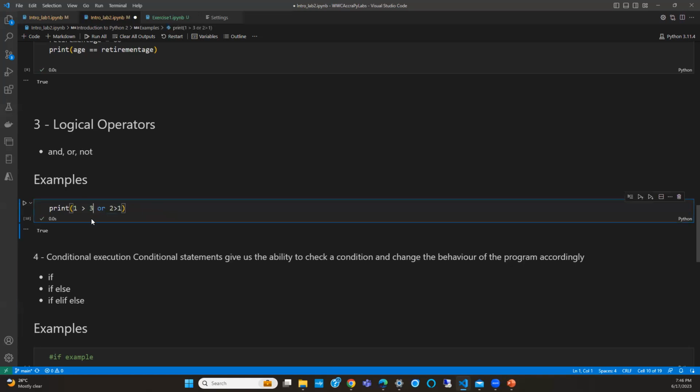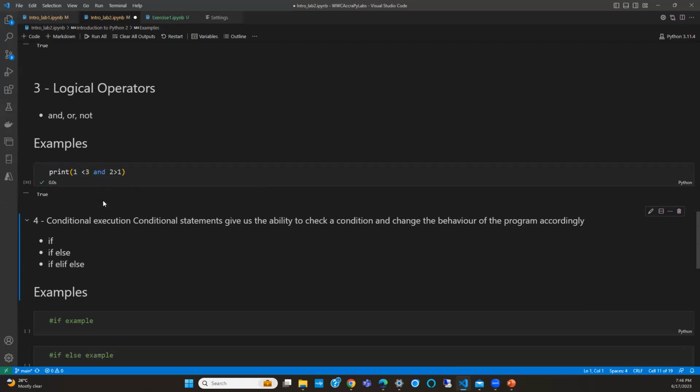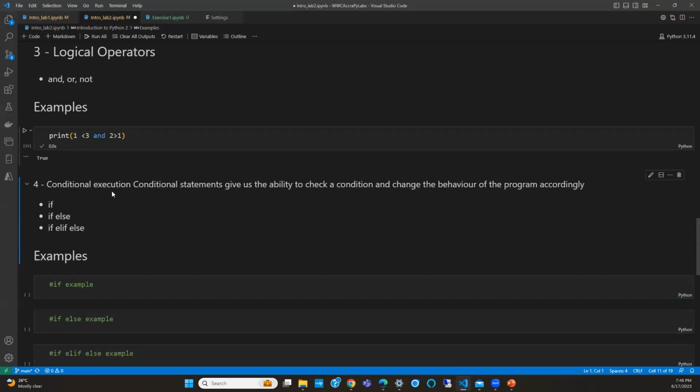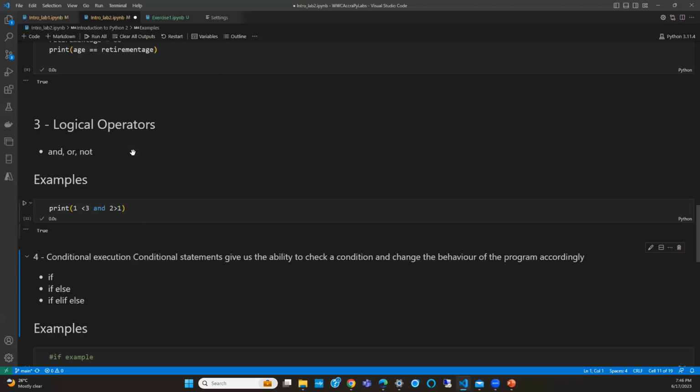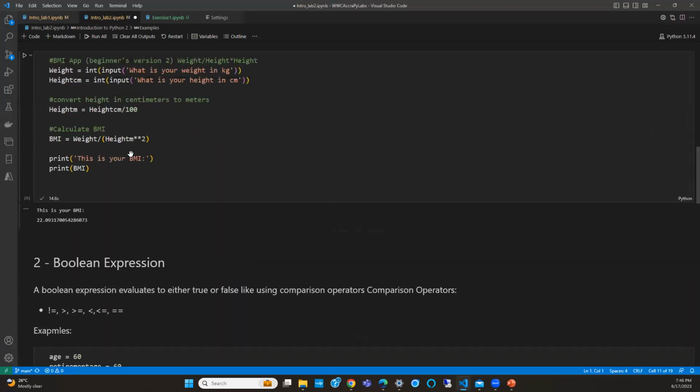And if I say 1 is less than 3 instead, for the and, now it becomes true. As I said, these are just building blocks. Now let's move on to our main thing, which is conditional execution. So far, the programs that we've written are just straight sequential execution.